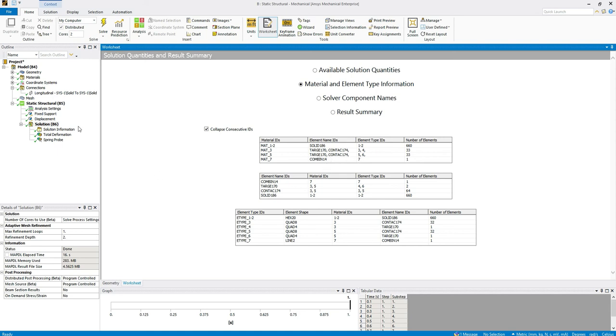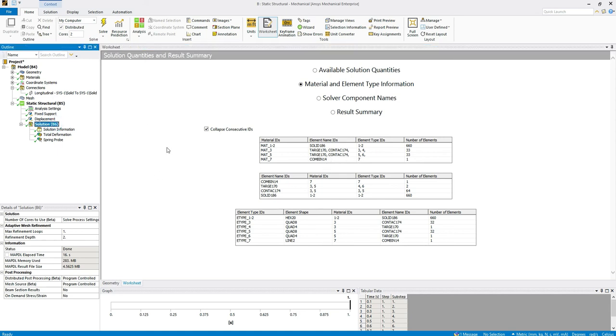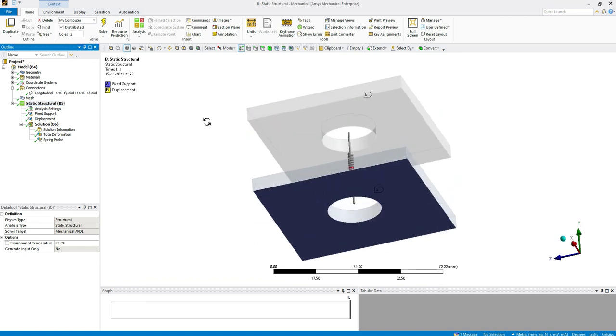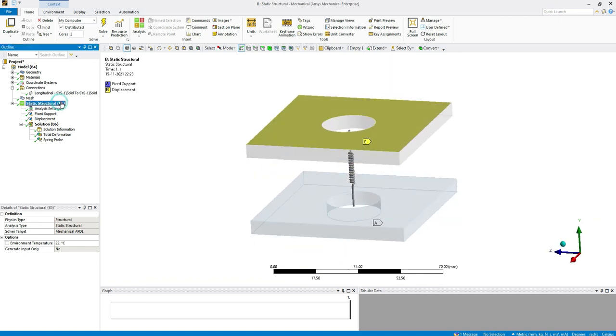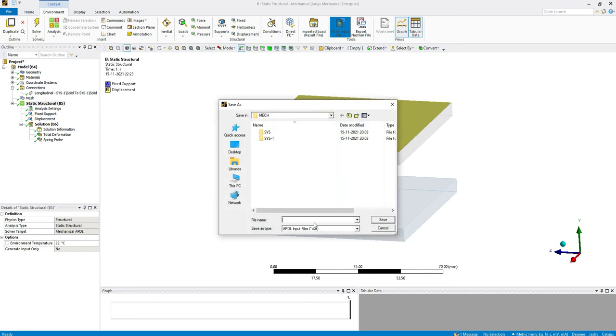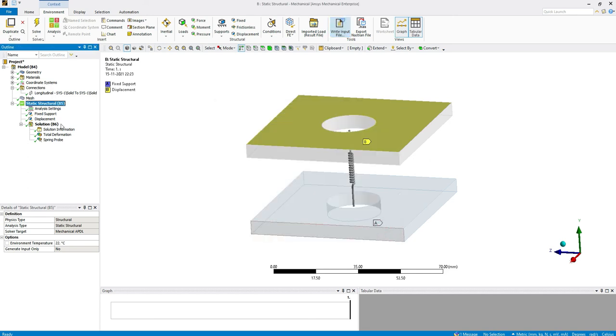Next way that we were discussing was regarding the DSDAT file. So before solving, if you want to write the DSDAT file and check the corresponding commands, you can go to the static structure or any analysis system, then environment, and there is an option to write the input file. So you can write the input file or maybe DAT file, and then you can open it in a notepad to check what are the associated commands being used in the background.